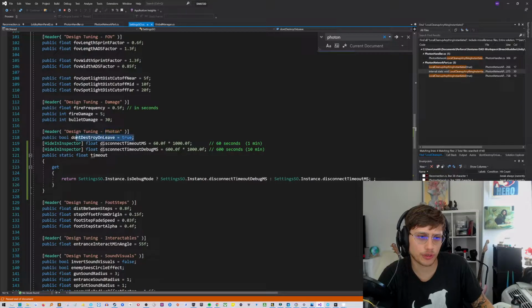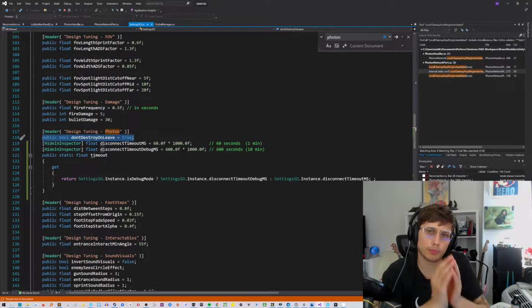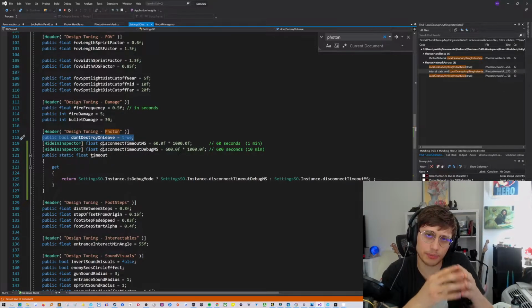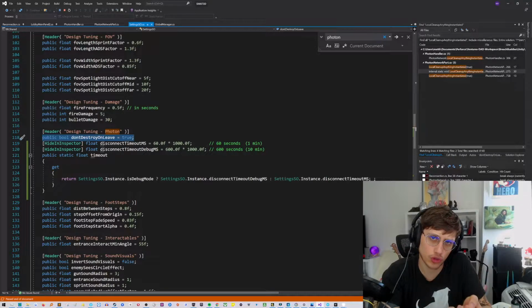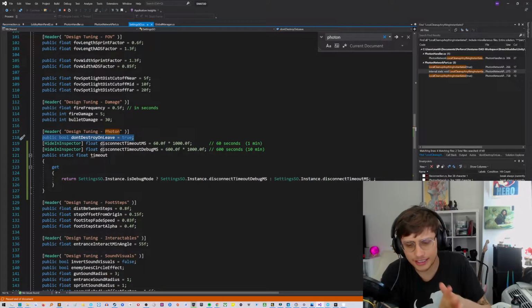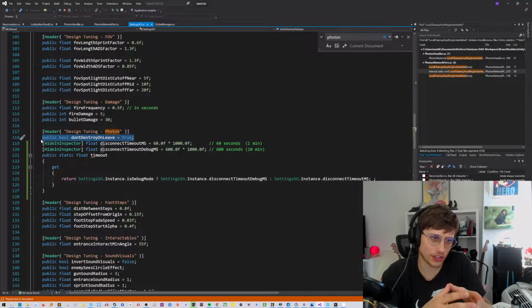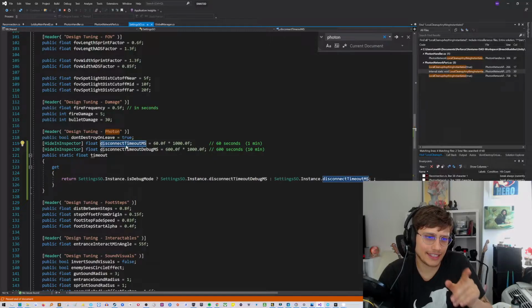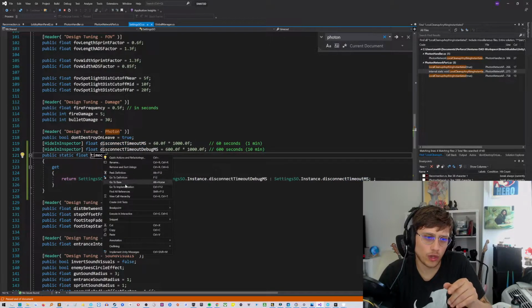And so the top one is don't destroy on leave. That's the most important step for you to do first, which is basically to prevent the thing from being destroyed when you disconnect. The next thing that we'll talk about is how to prevent disconnections. And we have some options here. Now, the disconnect timeout is a variable that I set. And where that is used